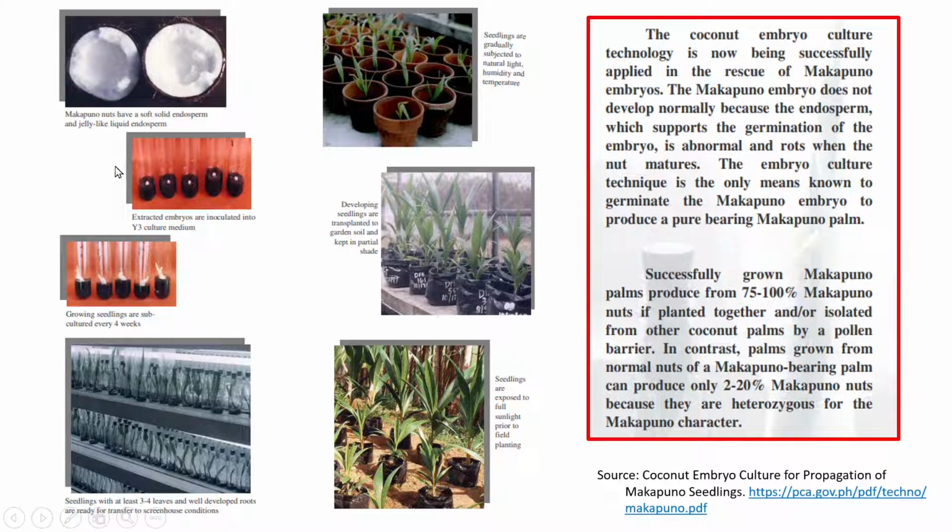You can see in this diagram or picture, here is the normal coconut. The meat is very firm as compared to the somewhat fluffy makapuno. And then you can see pieces of makapuno placed inside the gel in these test tubes. Eventually you can see that the callus has been formed. Eventually you have plantlets which were transferred to pots and also transferred later to soil. So this technique was used in order to save a whole industry, which is the makapuno industry. That's why we're enjoying right now sweets that come from makapuno plants propagated by tissue culturing.